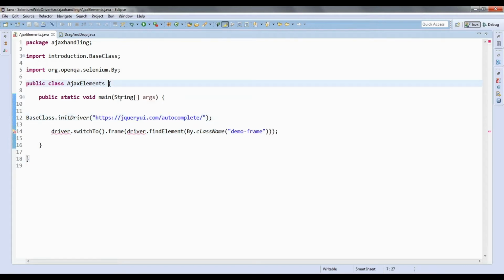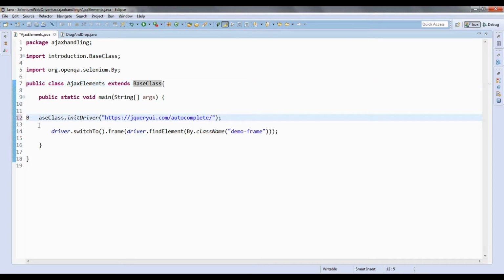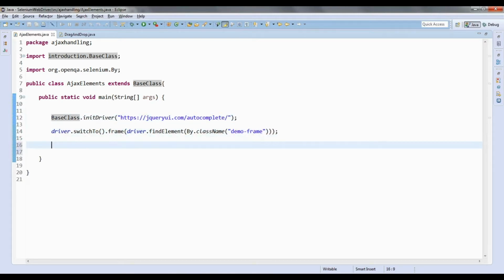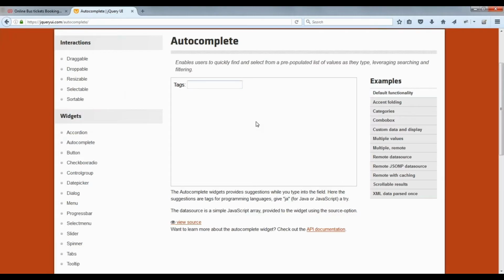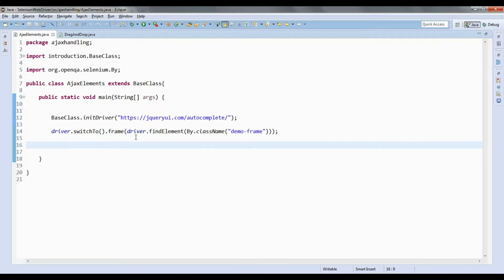The class extends the base class. This is common because it is inside a frame, so in this website I am keeping that as a common one.